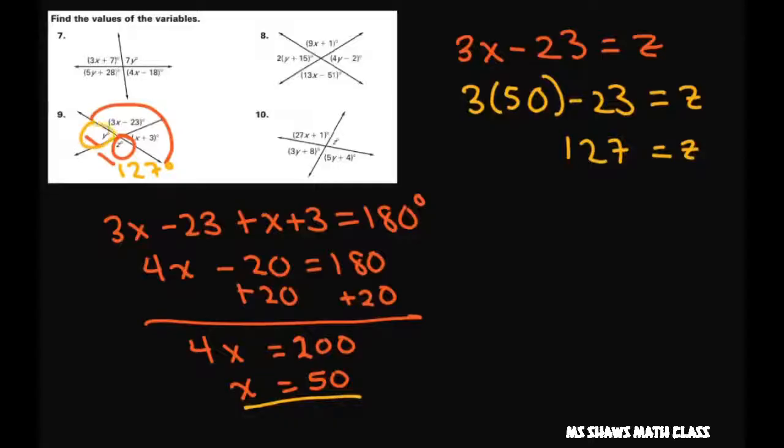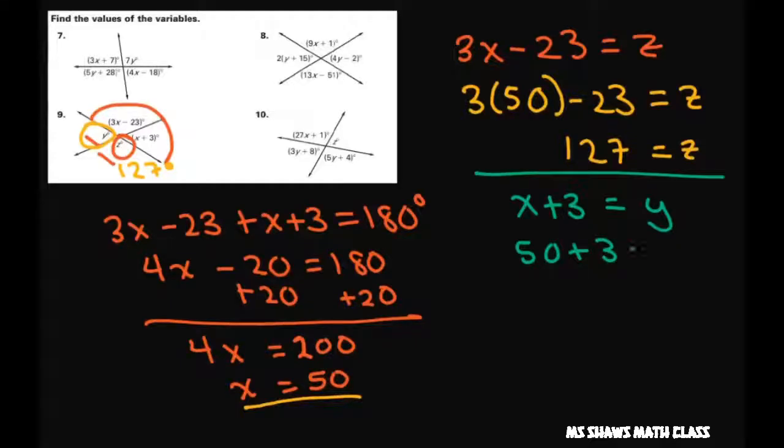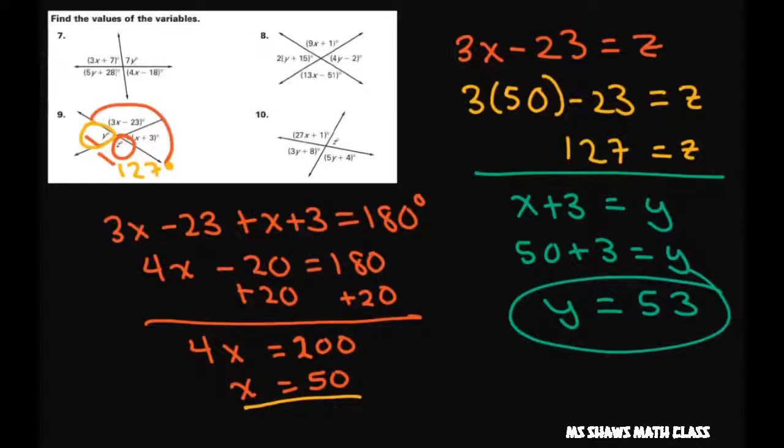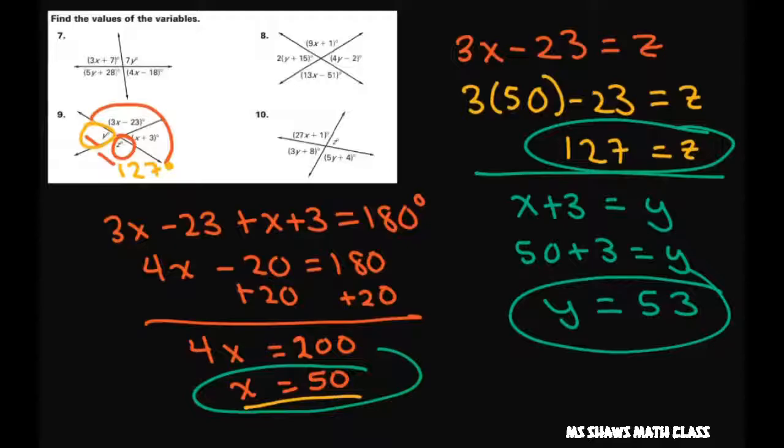And then you can do the same thing to get your y. So for the y, let's let x plus 3 equal y. And that would be 50 plus 3 equals y. So y equals 53. And there are your 3 answers. And then for the last one,